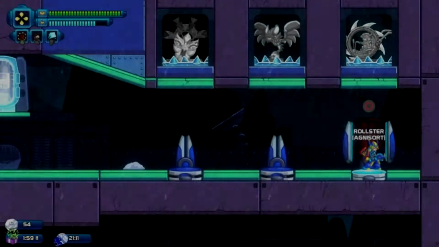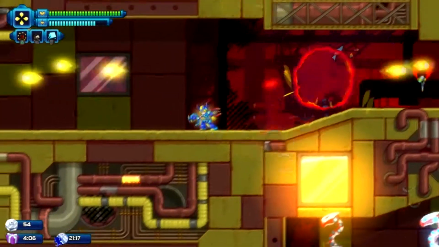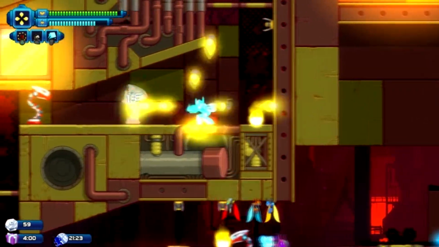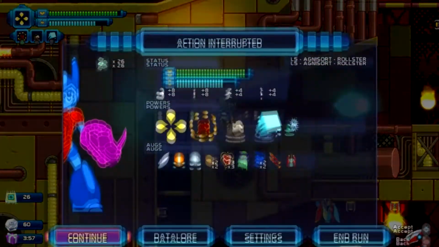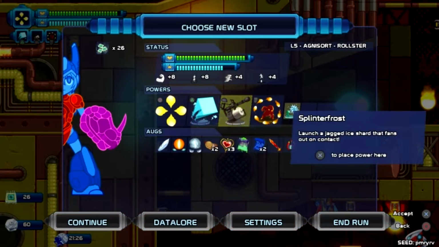I'm just gonna go here because I really like this weapon and I know what it is weak to. I know I have the right power to beat this guy. I probably should have used the flame wheel. In fact, let's put that back on here, and then I'm actually going to change out Vera for